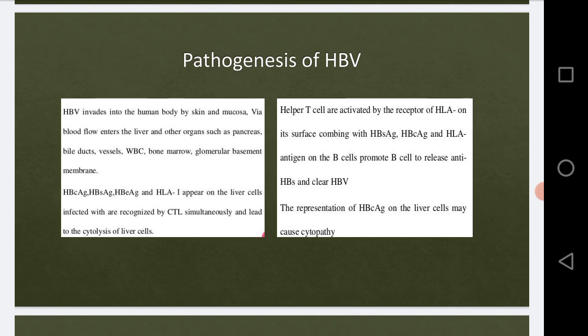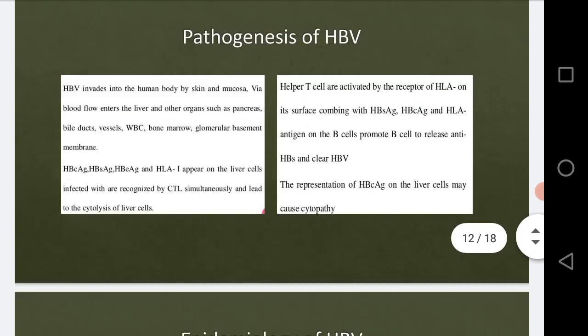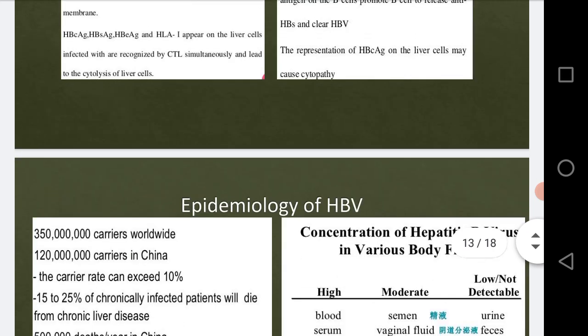And then the B cells will promote the release of anti-HBs, that is, the antibodies against that virus, and therefore clear the virus HBV. This is the pathogenesis of HBV, hepatitis B virus. Now we will see the